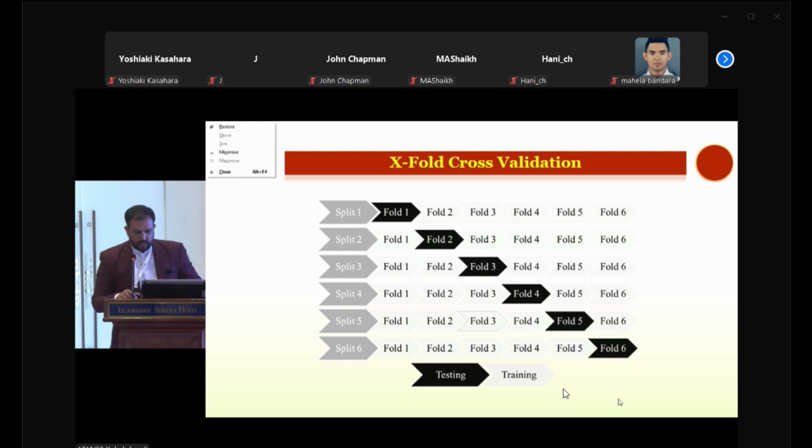Before a deeper dive, here is the general overview of K-fold cross-validation. We have used 6-fold cross-validation. We can see here on each split, fold 1 is set for